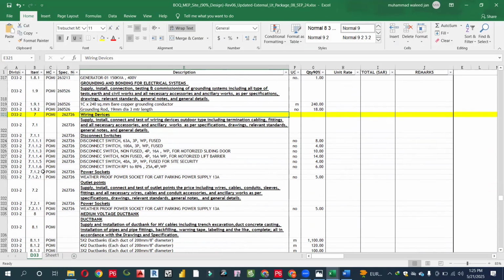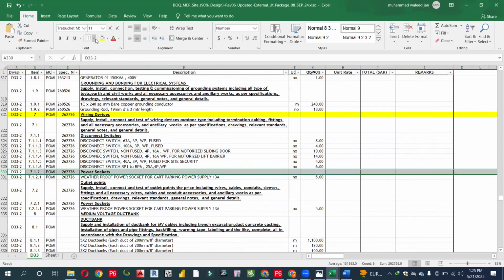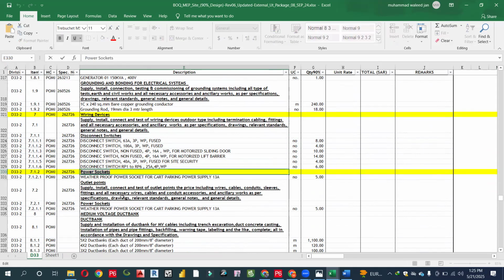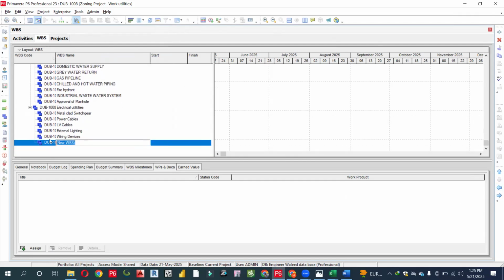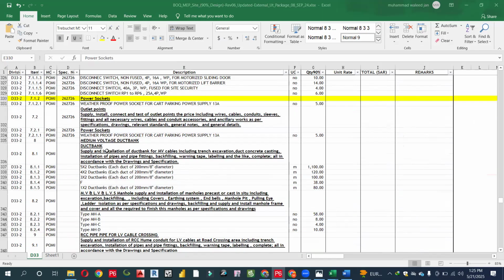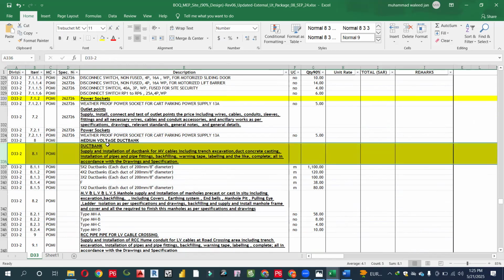Now the power sockets. Yes, we can go for the power sockets as well. Yes, this is important. And now medium voltage duct bank. Yes, the approval of duct bank. We can say yes. This is important